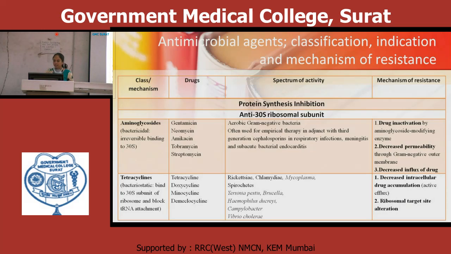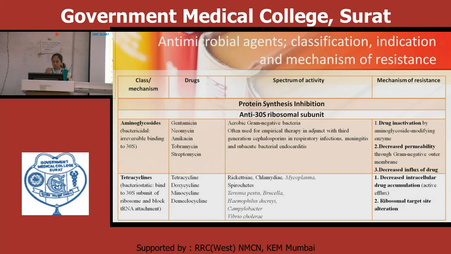Anti-30S ribosomal subunit spectrum of activity is aerobic gram-negative bacteria, often used for empirical therapy as an adjunct with third-generation cephalosporin in respiratory tract infections, meningitis and subacute bacterial endocarditis. Mechanism of resistance is drug inactivation by aminoglycoside modifying enzymes, decreased permeability through the gram-negative outer membrane and decreased influx of drug. Now tetracyclines, that are bacteriostatic: tetracycline, doxycycline, minocycline and